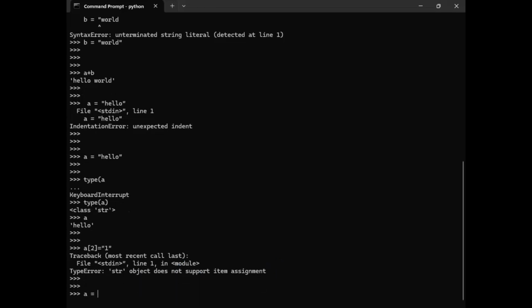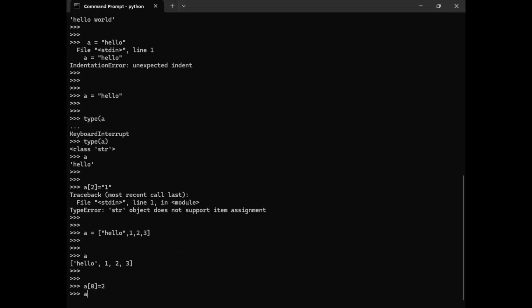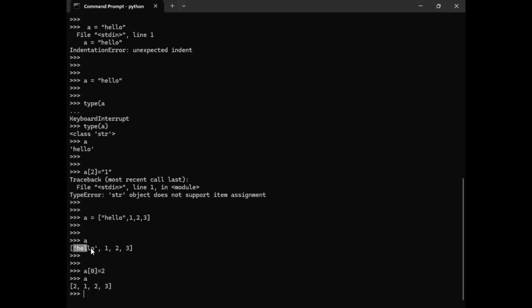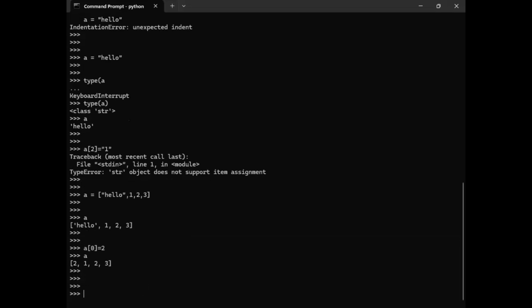But on the other hand, if it would be like this, a list. In the list, I have some elements. Currently, I know you are not able to understand this, but I am just trying to show you that this is a list. I wanted to put the value 2 on the 0th position. And if I see the new value of A, even though the value earlier was hello, now this is 2. How I am assigning is a different story, please don't focus on that. I'm just trying to tell you that some data types can be changed, meaning the value can be altered.